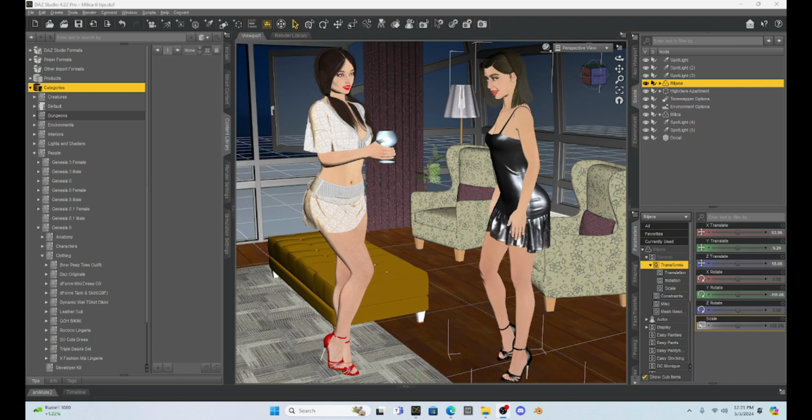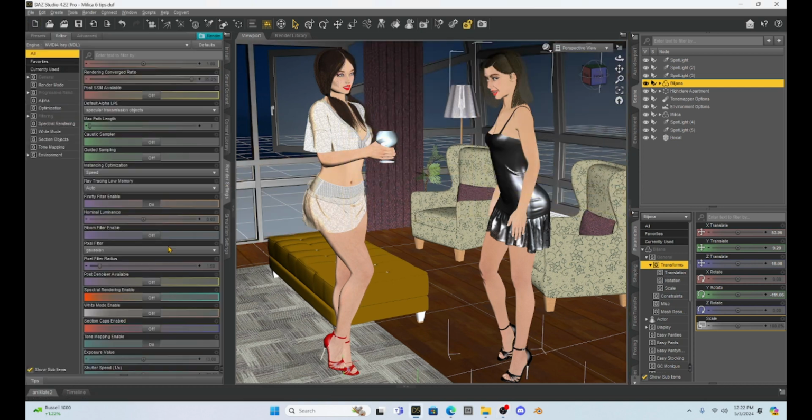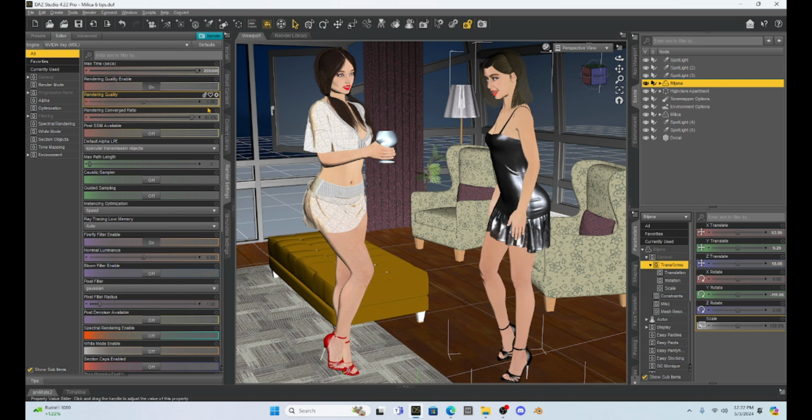Now, this week, I am interested in running a few more tests with our render settings. Before, I tried to show you the differences in render quality if we bumped the render settings up, especially if we go to the render quality, I was bumping it up from 1 to 3 to 5. Now, today I want to start dropping it down to see when we actually see a major difference in